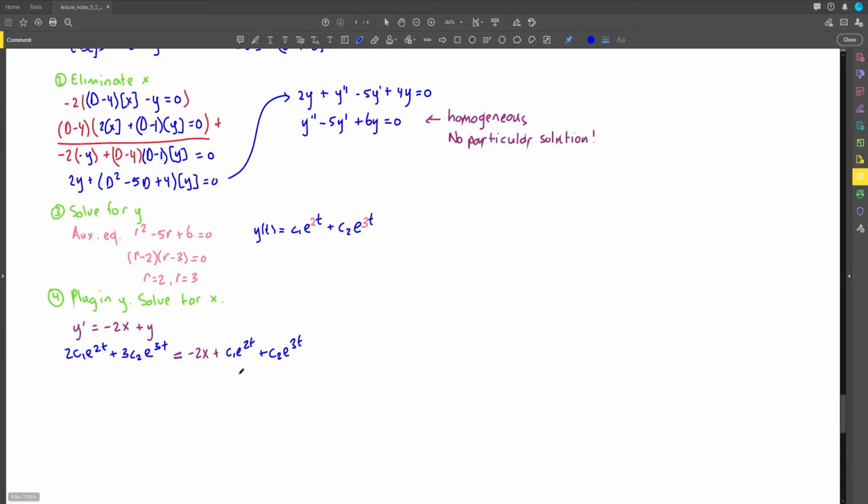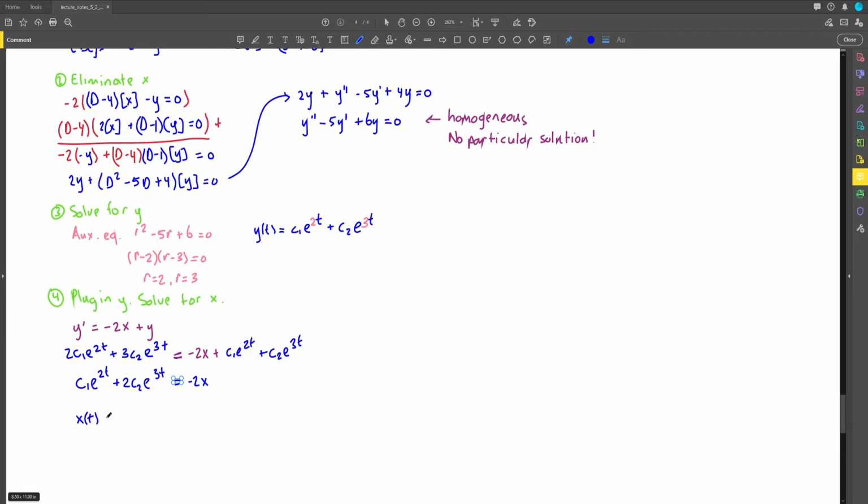So now let's solve that for x. We can bring this c1 e to the power 2t to the other side. And when we subtract that, we're left with c1 e to the power 2t on the left. And then we're bringing this c2 times e to the power 3t to this side. And my 3 looks a bit funky, so let me rewrite that. This is a 3, and so when we subtract that, we get plus 2c2 e to the power 3t, and that equals negative 2x. And now we divide both sides by negative 2, and we see that we get the